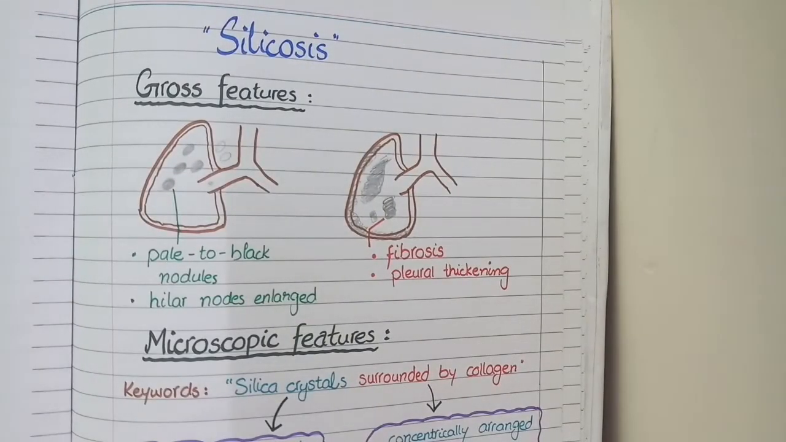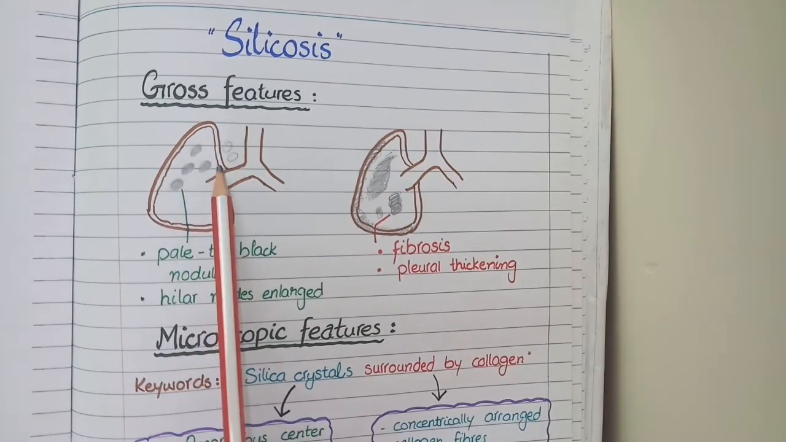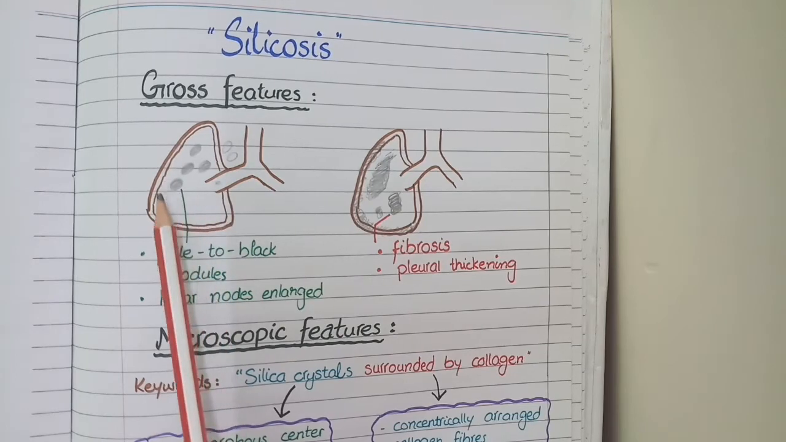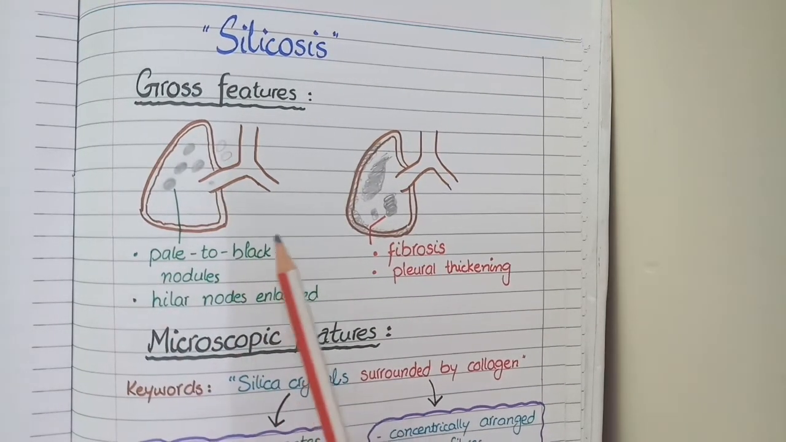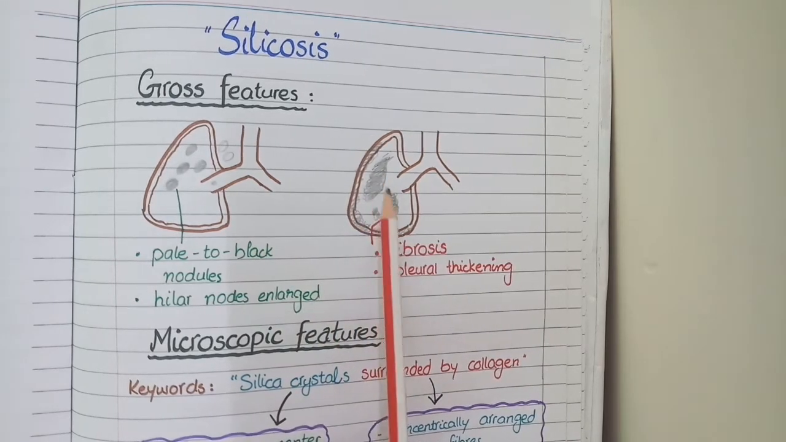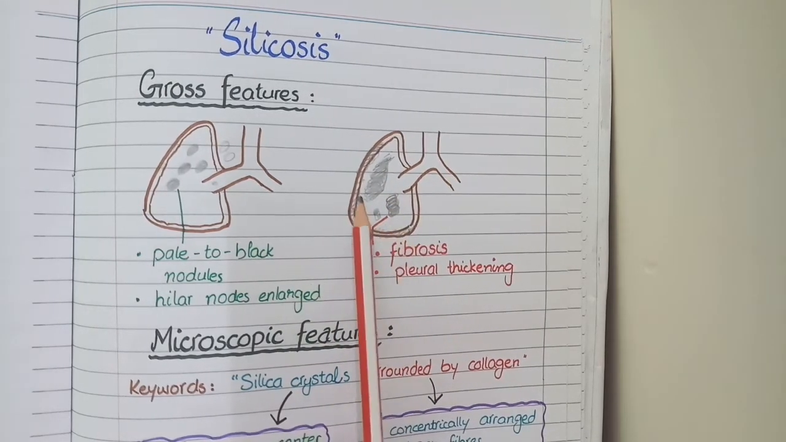The next restrictive lung disease is silicosis. So in gross specimen you see pale to black nodules which affect the upper lobe of lungs. And along with this the hilar lymph nodes can also be enlarged. Then in more chronic cases there is formation of scars, and in silicosis these scars can also involve the pleura,